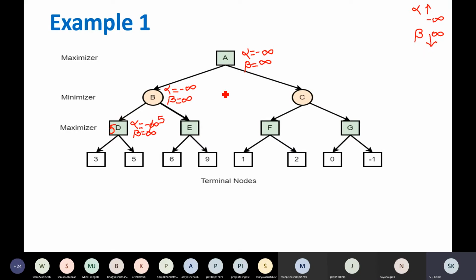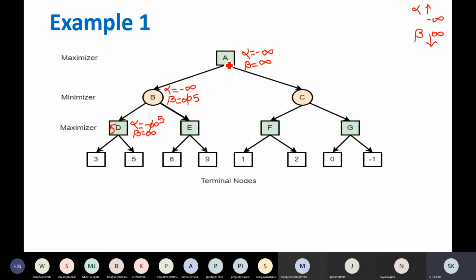Beta will always decrease. So B is getting 5 from this side right now. So 5 is better than infinity. Since it's a minimizer node, it will update the value of beta. Am I right? Yes, sir. Yes. So what will happen? Value of beta will be updated at node B instead of infinity value. Always remember that minimizer is as it is.